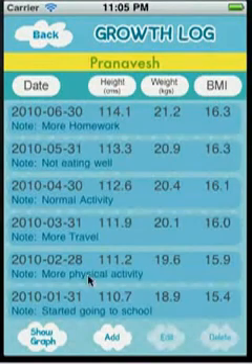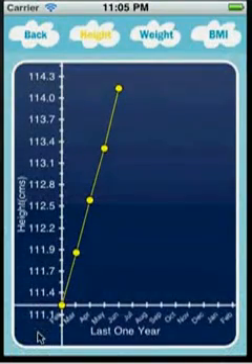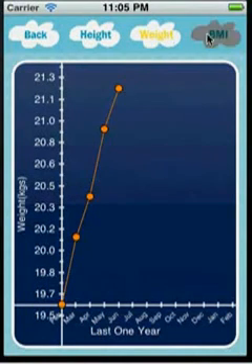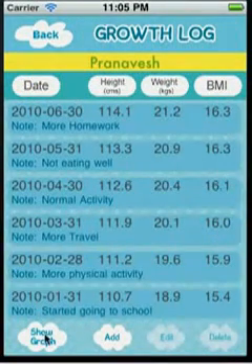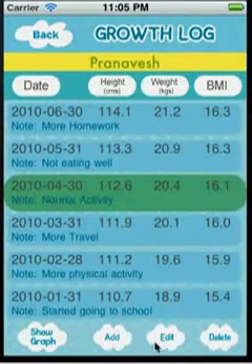And the very important part here is the graph. If you press show graph, it shows the height of the growth pattern of the kid in the last 1 year. So this is for the height, weight, and the BMI. This way we can keep track of any discrepancies. We can make any changes here using an edit button and the delete button to delete.